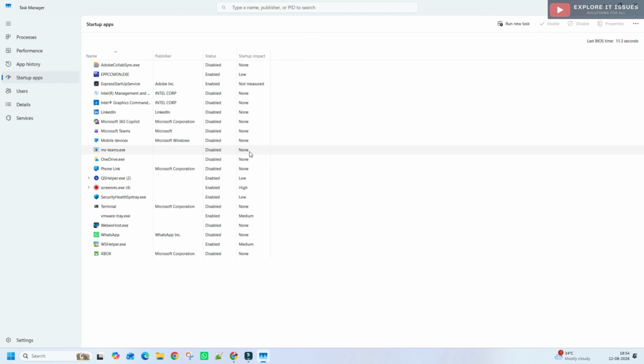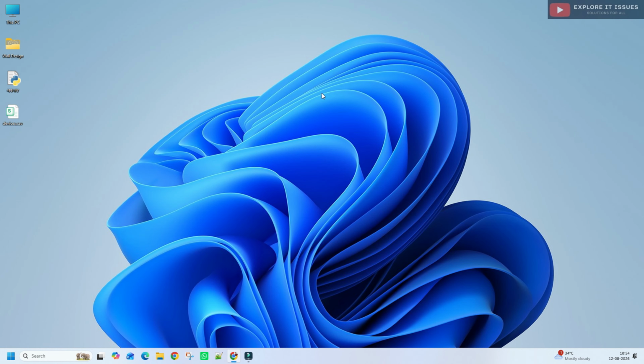And step 3 is to free up space on the C drive. The third step is to check your C drive. If your system drive is running very low on free space, Windows may not have enough room for temporary files, updates, and normal system operations. Windows stores temporary files, update files, thumbnails, and other temporary data. We can review these files and remove items that are no longer needed.